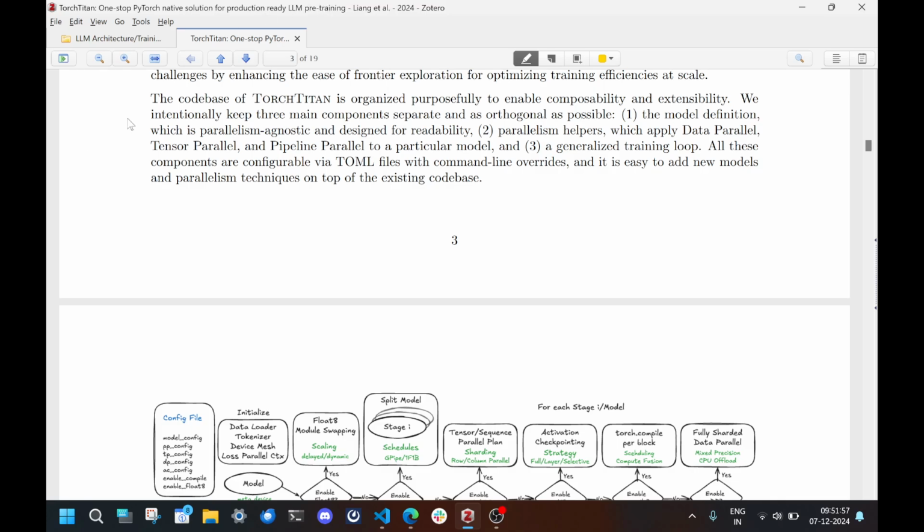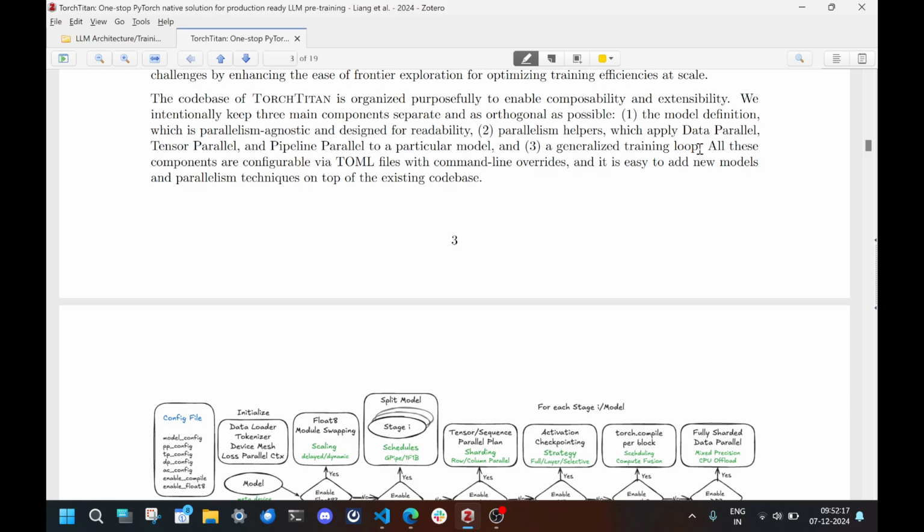The codebase of TorchTitan is organized purposefully to enable composability and extensibility. We intentionally keep three main components separate and as orthogonal as possible: the model definition, which is parallelism agnostic, parallelism helpers, which apply data, tensor, and pipeline parallel, and a generalized training